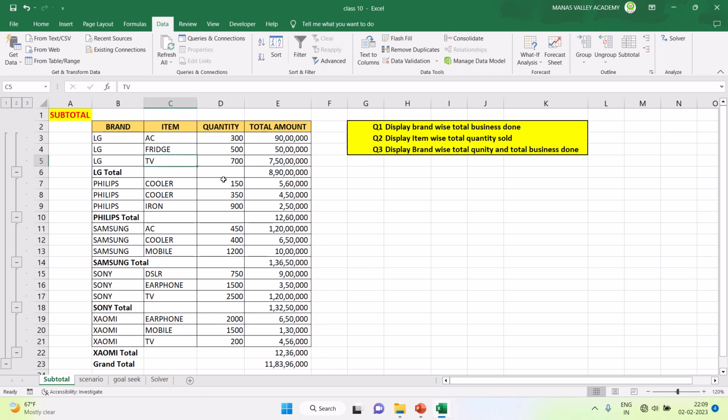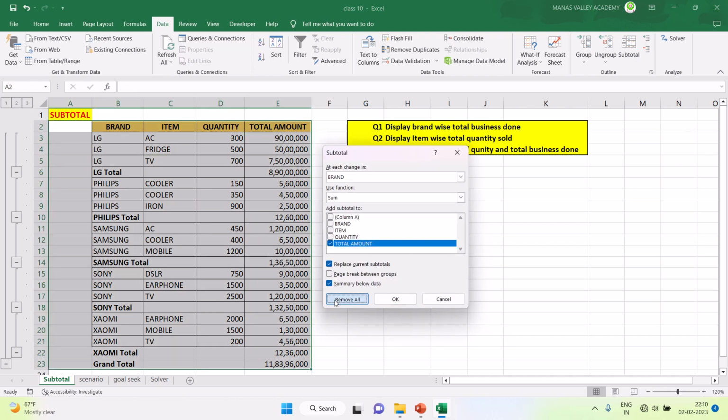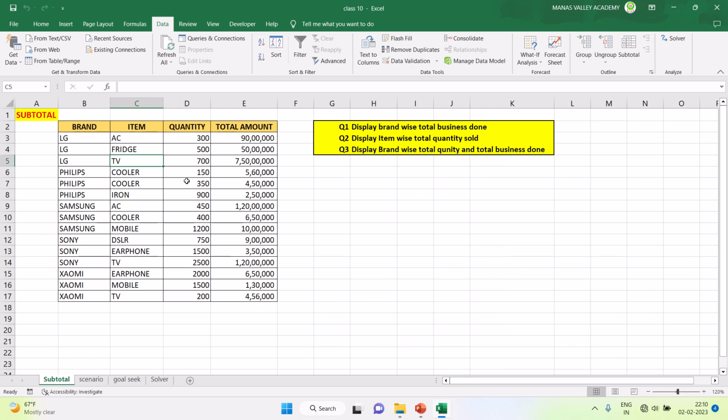Now if you go for the second question, display item wise total quantities sold, we have to do subtotaling on the item column. So let us first remove the previous subtotaling. It is removed. Now since in the second question we have to apply subtotal on the item field or item column,